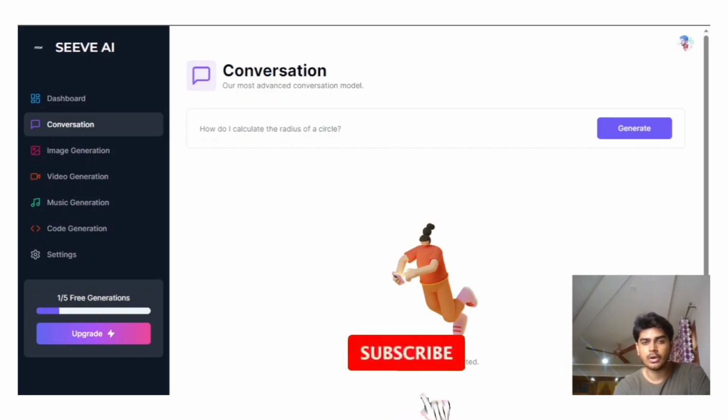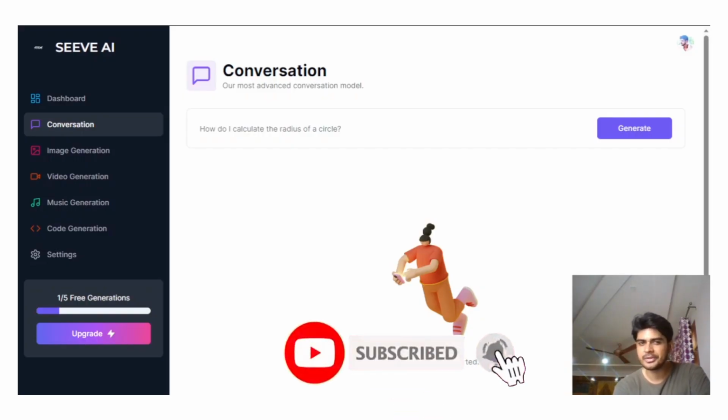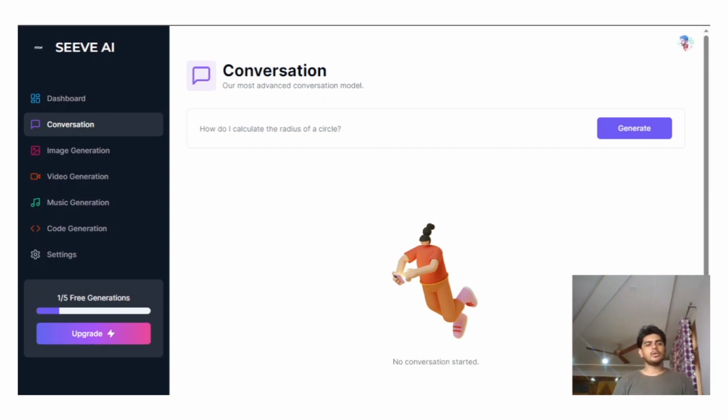So here, we're writing our blog, or shall we say a prompt to write a blog. I am on cvai.vercel.app. It will be linked in the description below, but to spell it out, it is SEVEAI.VERCEL.app. The best part is that we can do image generation, video generation, music generation, code generation, and even content or conversation generation at one place. So without further ado, let's start and write our blog here.